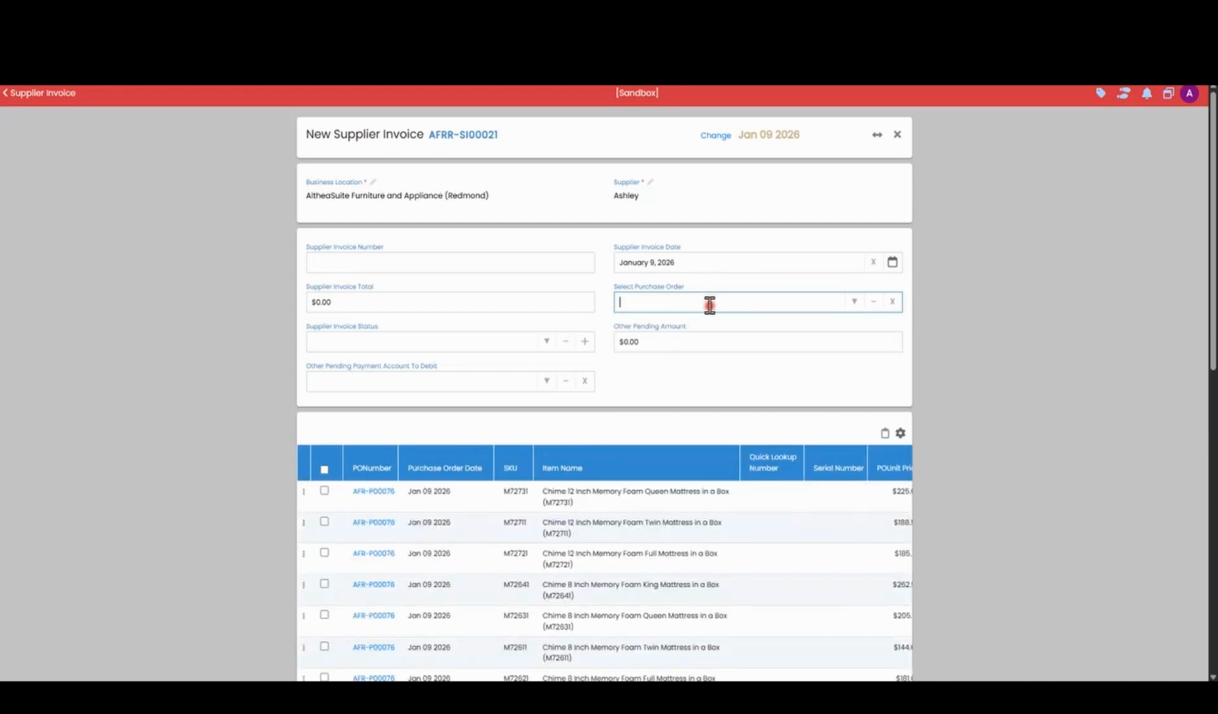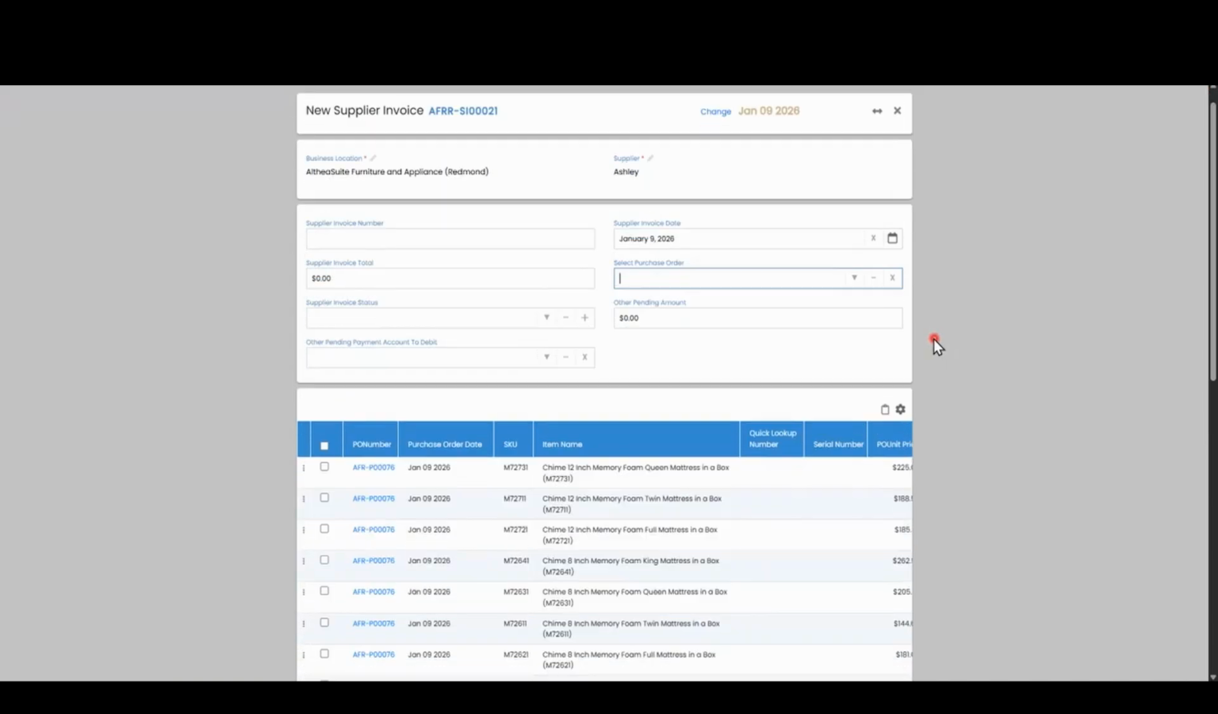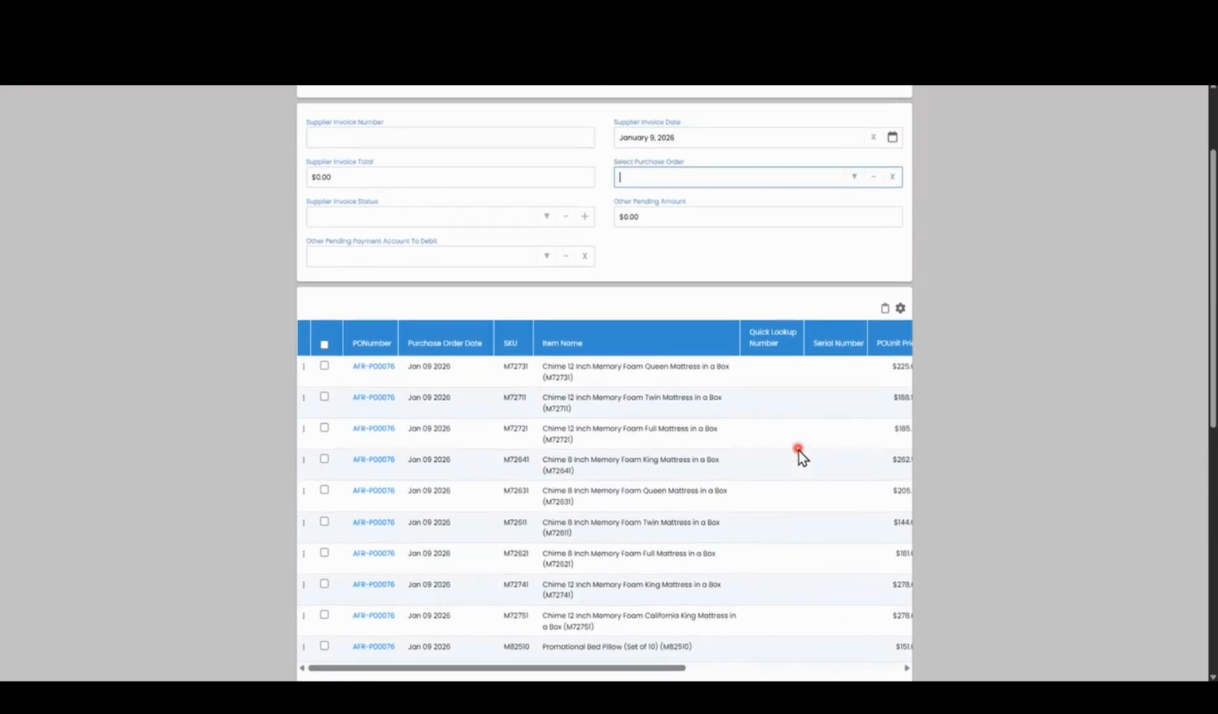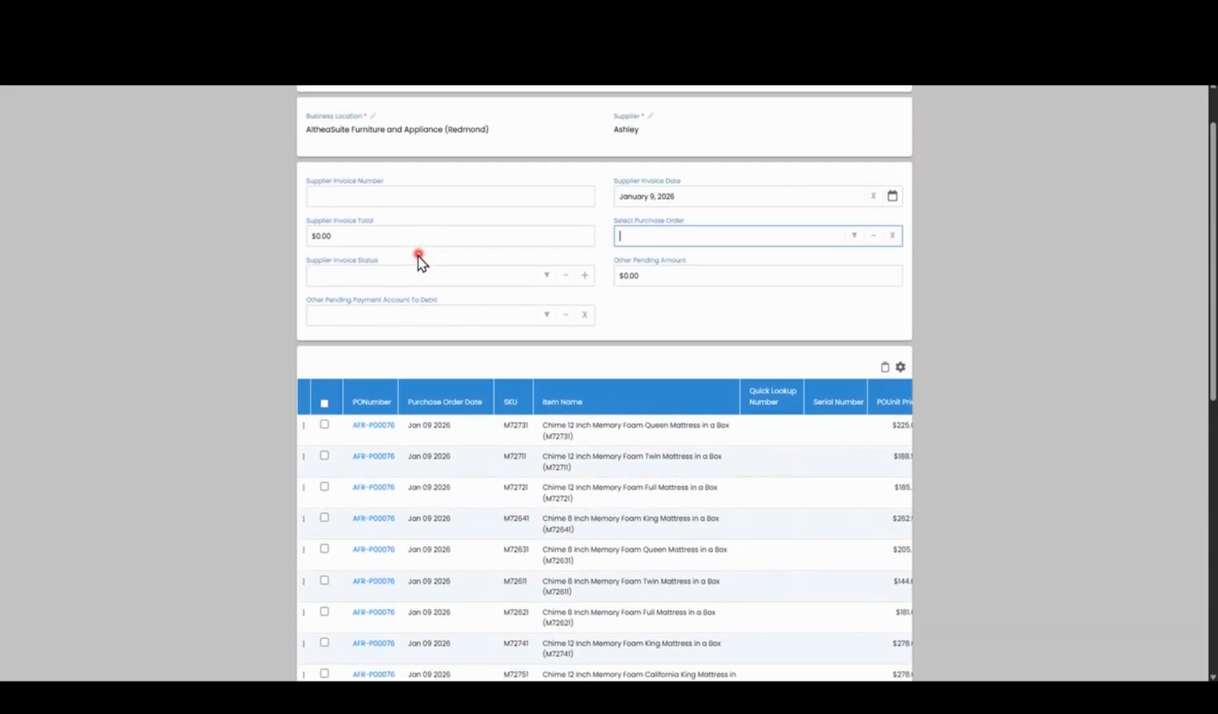Once you drop down your PO, or more than one PO you can have in here, it's going to start to total out all what was on the PO. So we have a total amount of $2101.33. That means there's currently a difference of the same amount because we need to specify how much the supplier invoice is costing us. So the supplier invoice number given to us by Ashley, you just need to record that number